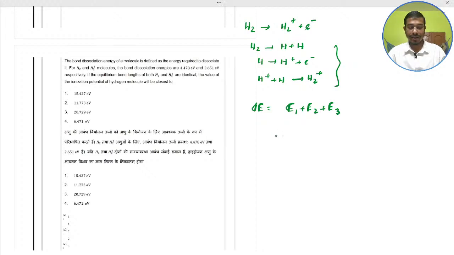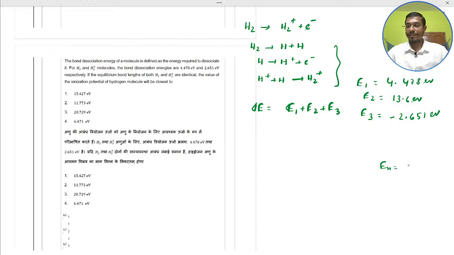And E1 is what? The energy required to dissociate H2 into 2 hydrogen atoms, so here it would be 4.478 electron volt. And E2, the energy required to ionize the hydrogen atom, that would be 13.6 electron volt. Next the E3, the energy released when H plus and H combine to form the H2 plus, that is minus 2.651, because this is basically the minus